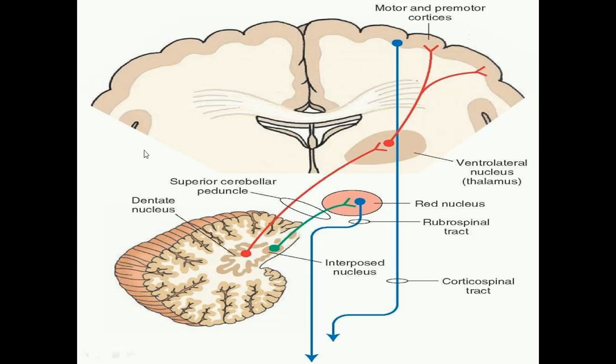While going through the pyramidal region of medulla oblongata, it does pass through the cerebellum as well. And here you find another red line that is passing, and there is a relay of the fibers. It goes to the cerebellum here, and you also find a tract that is coming out from the red nucleus, what we call the rubrospinal tract. Okay, so that is going to the spinal cord from the red nucleus.